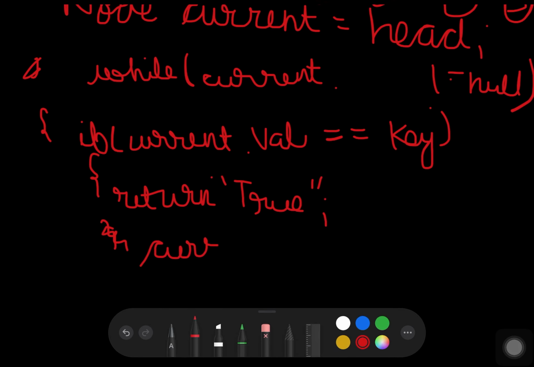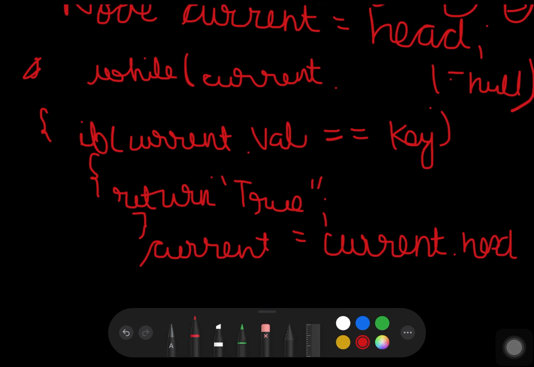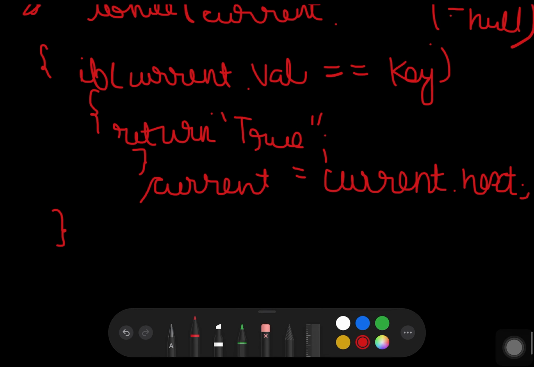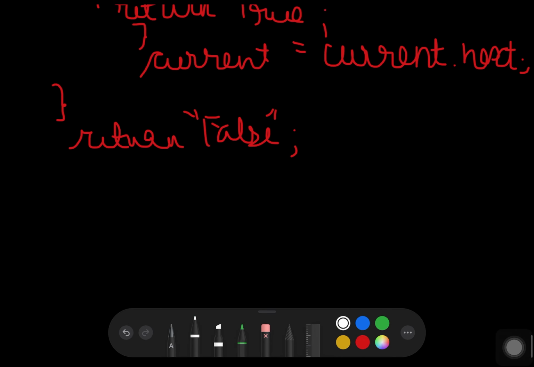We will do current equals current.next, and return false. So let me take you through a run of this code.